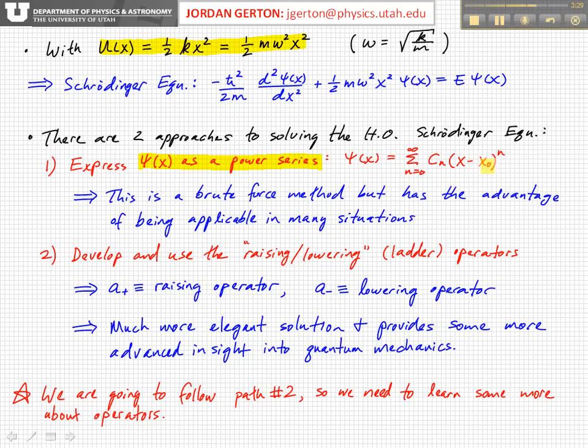Okay, now doing this is mathematically just a little bit messy, and it's kind of a brute force method, so it's not particularly elegant, but it has the advantage of being applicable to many situations, because you can essentially express all sorts of continuous functions as these power series. Okay, but